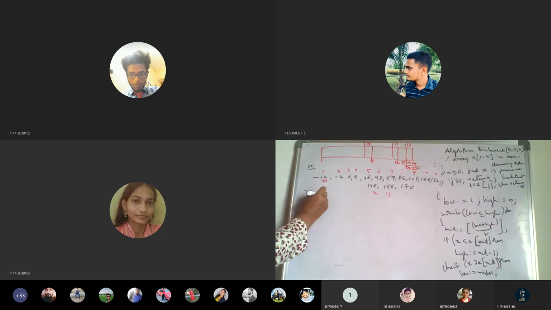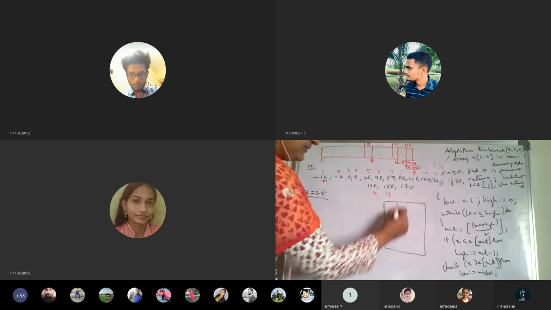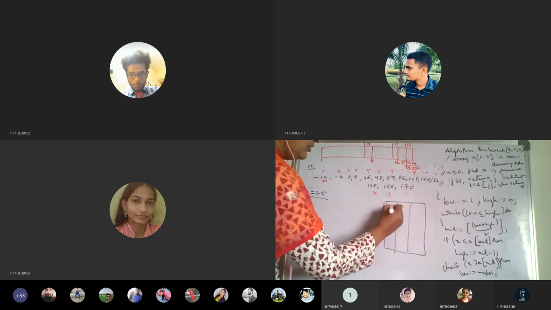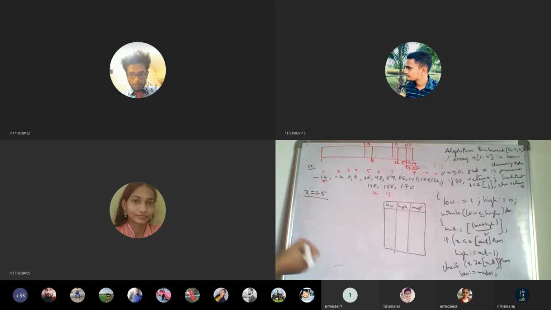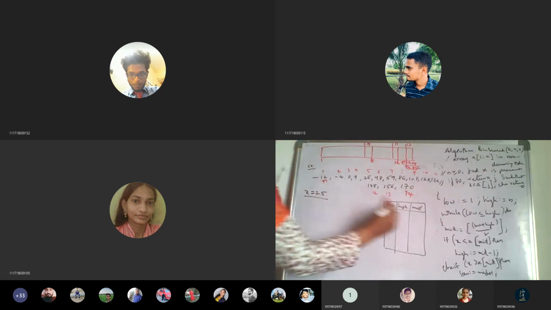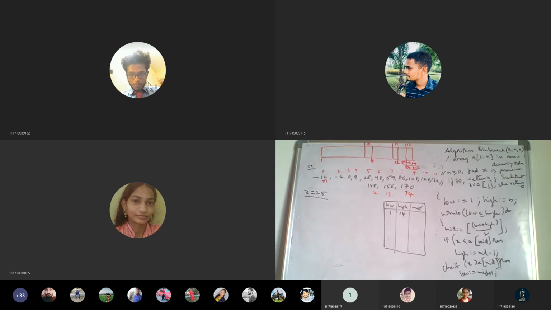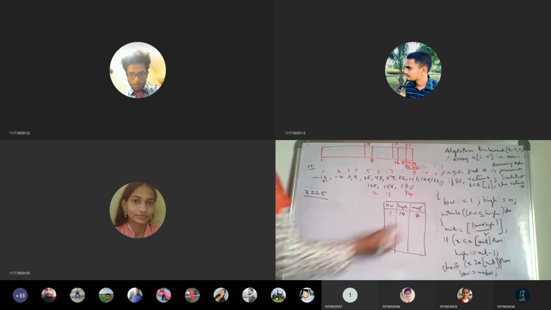So when x is equal to 25, I need to find 25 in the list. Similarly, we can make a table for low, high and mid values. What is the low here? 1, and high is 14. What is the mid value? 1 plus 14 by 2, so 7, mid rounded figure value.